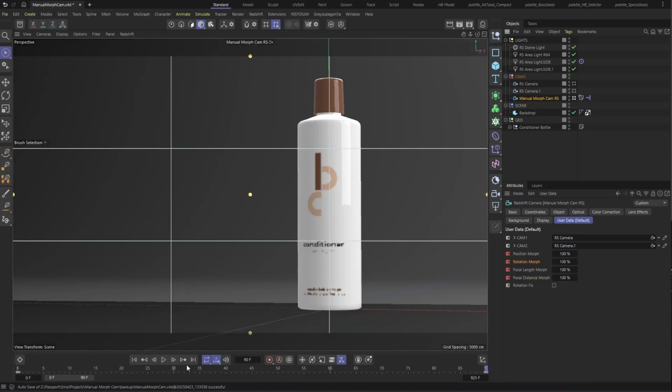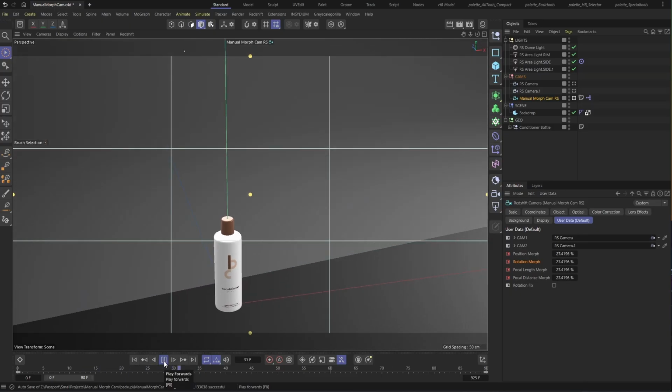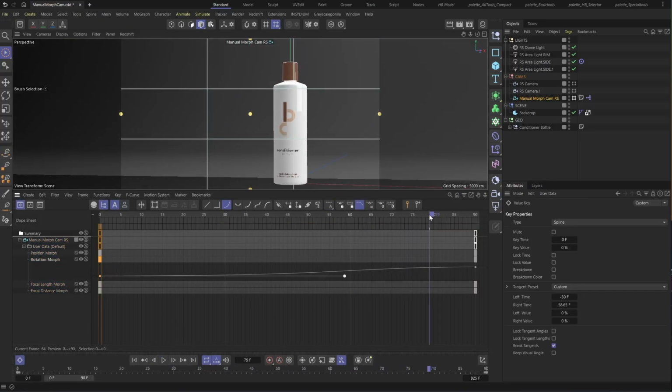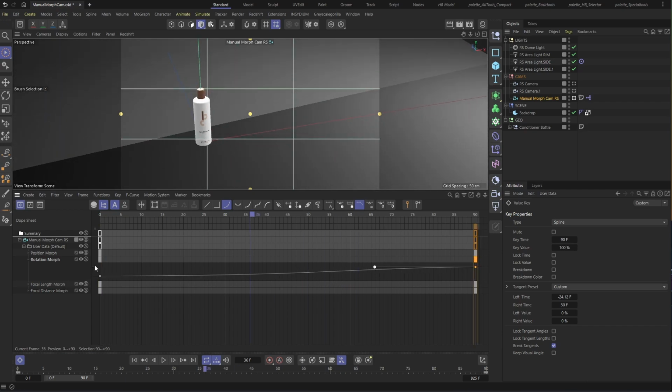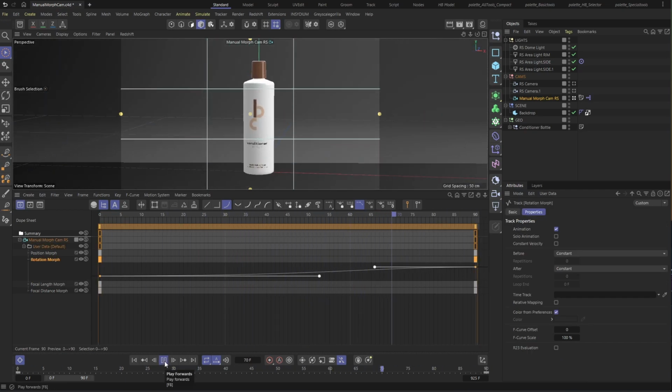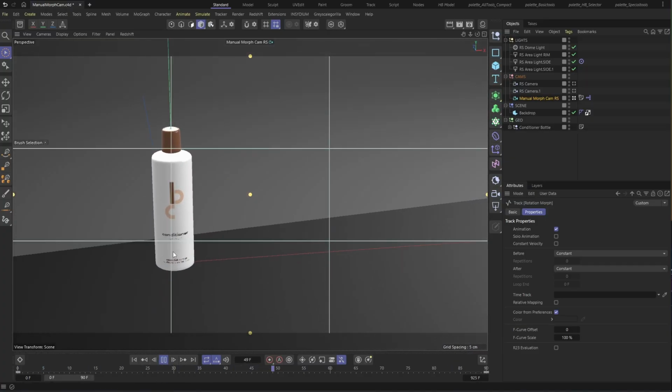With all the keyframes the same, this is basically identical to the default morph cam, where we don't have control over what we're looking at. But if we change these keyframes, you'll see how I cooked. Just by changing the rotation and interpolation handles compared to the other parameters, I'm able to keep the bottle in frame the whole time. Now this is just quick and dirty, there's a bit of a wobble right here, but